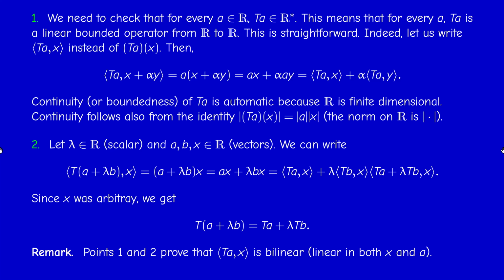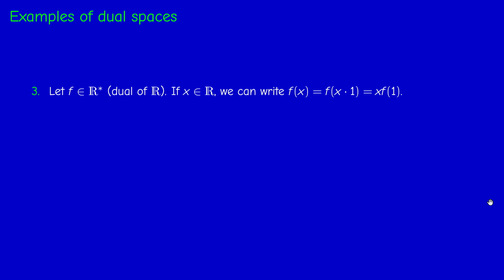So very trivial, actually. But this methodology we will actually apply in a less trivial case. So we have to understand first what happens in such very simple situations. So as we said, points 1 and 2 together mean that this form is linear in X and A. Okay, so this is what we just checked. So it's a bilinear map if I consider it as a function of two variables. Okay, third point,